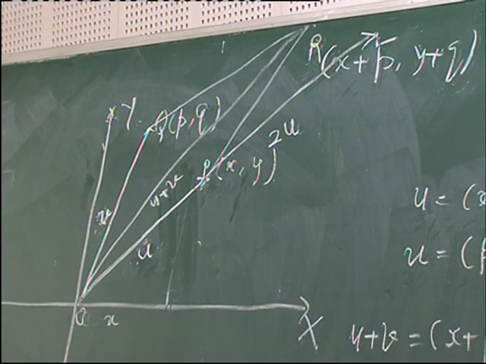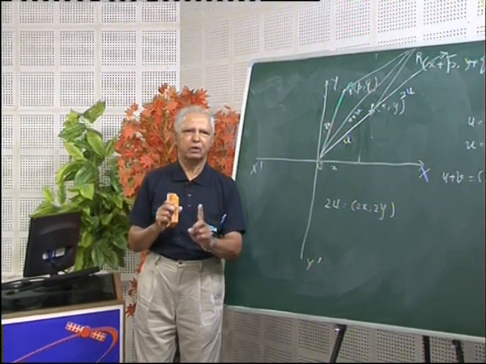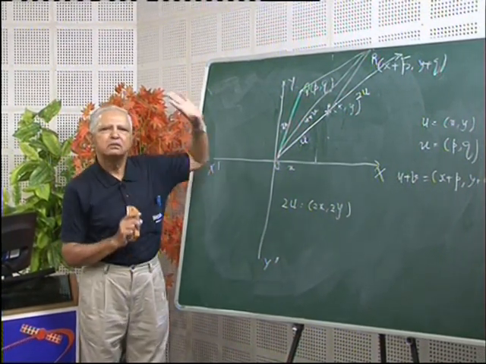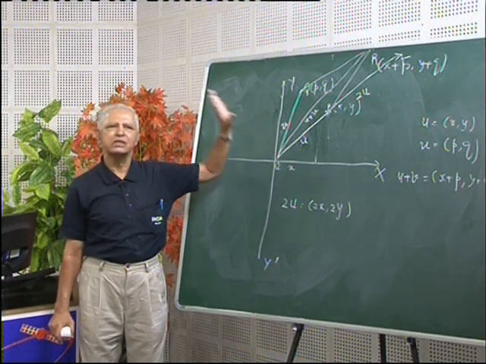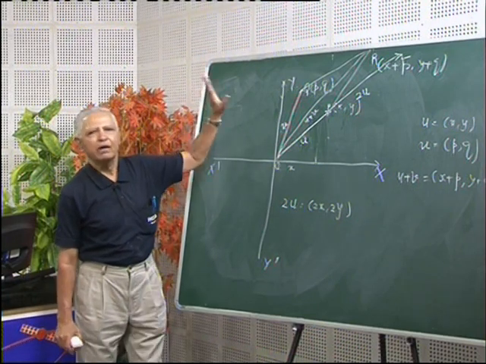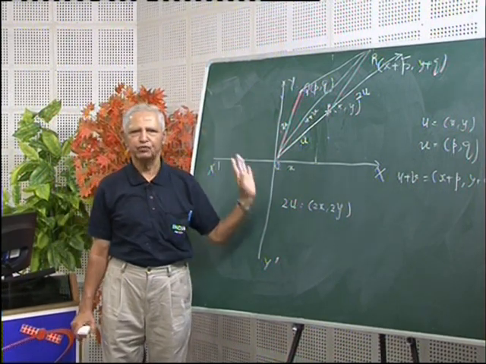Same thing we do using the 1-1 correspondence between triples and the points in space, and this is how we have a vector representation of our vector space R 3.